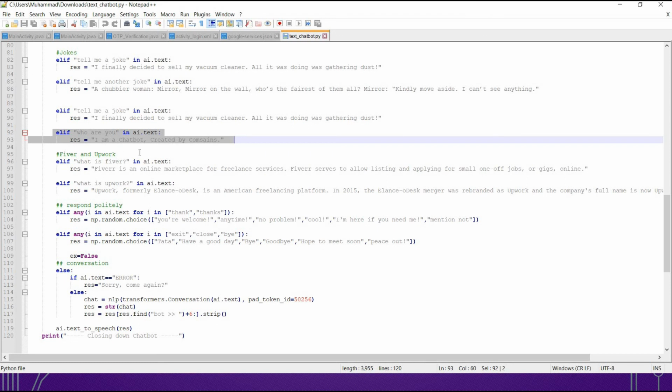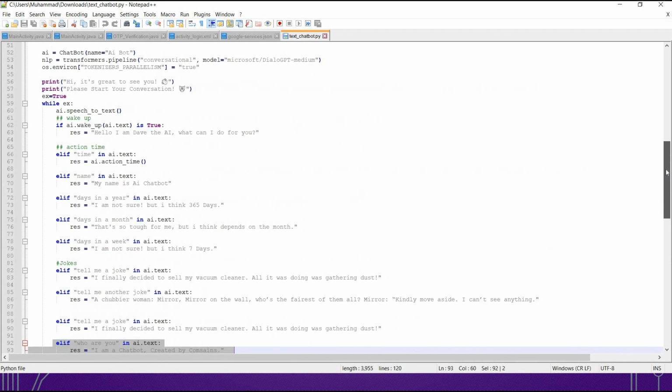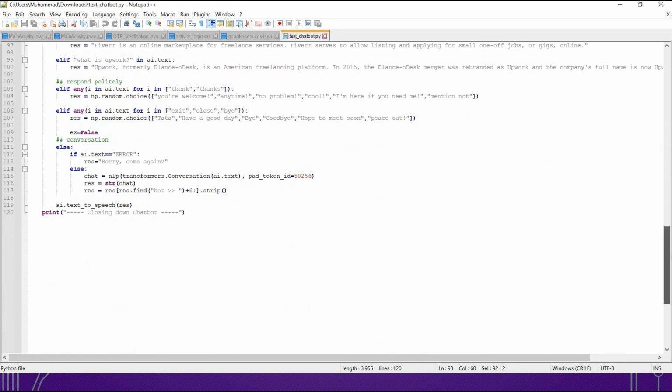For example, I am chatbot created by Comsian. Chatbot will respond to application that I am a chatbot and I am created by Comsian. So this script is not written in the GPT library, so that's why we embed it by ourselves by training data one by one. And this is our coding part.